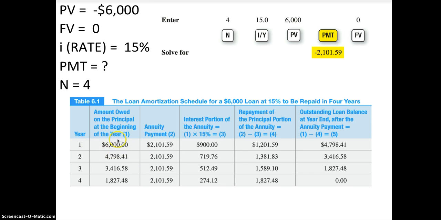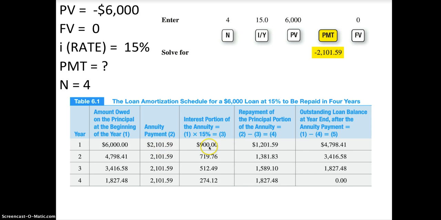We start out here in year 1 with a $6,000 loan from the bank. That's a cash inflow. And we know that we're going to make 4 equal payments of $2,101.59 based upon our calculations. The third column is the amount of the